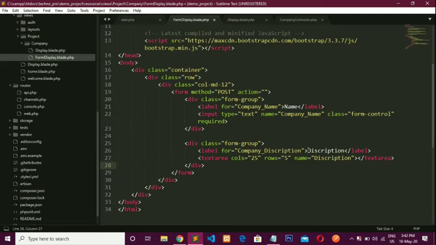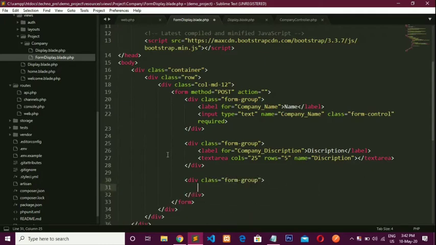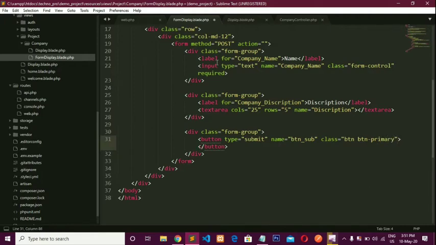Okay, so now create one more form group, div class form-group, and take one button. Type equal to submit, name equal to btnSubmit, class equal to btn btn-primary, and the text is submit.